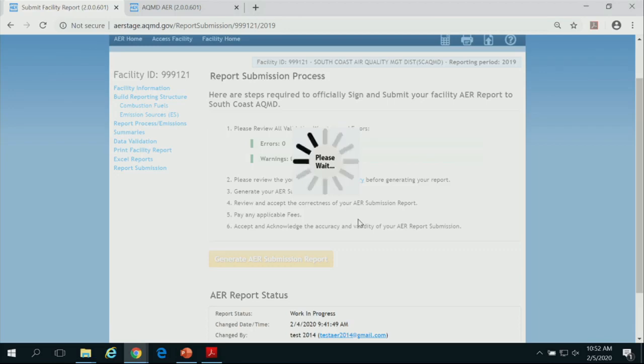And maybe I can touch on something that's different about this process compared to previous years. If you had submitted a report, you're going to get a status that says for that particular year, completed or submitted. Before the deadline, you were able to call us and unlock the report so then you can go back and make any changes. That is no longer possible. With this new feature, again, it freezes the report. It's going to treat your submission, freezes it, locks it down. Once it's submitted, it's done. So we're not going to be able to unlock the report.